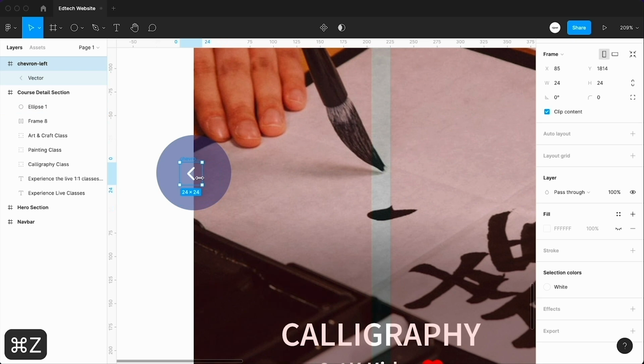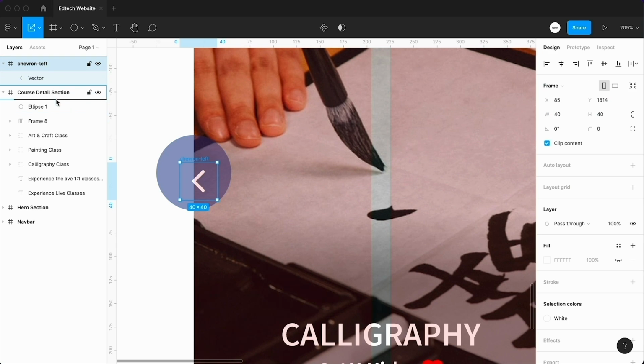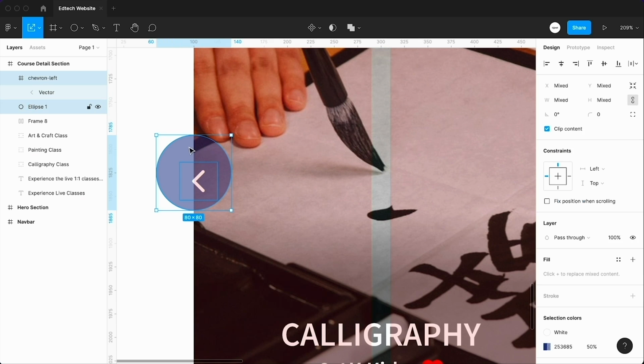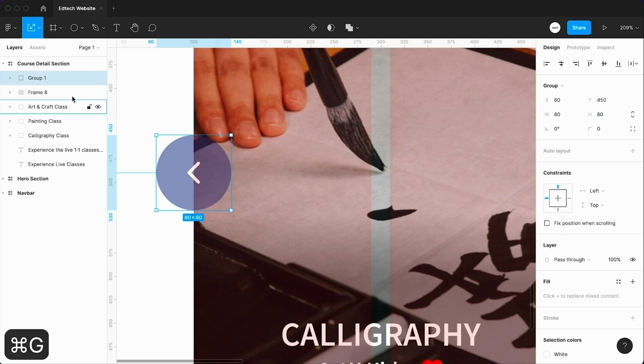We will use the scale tool for scaling the vector shapes. Now you can see when we use the scale tool, the size of the icon increases proportionally. I will move this icon inside the frame and select this icon and this circle and align them into the center and group them together. For that I will press Command and G and rename this group